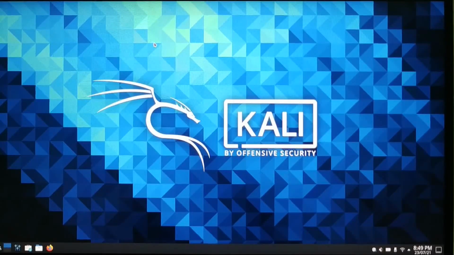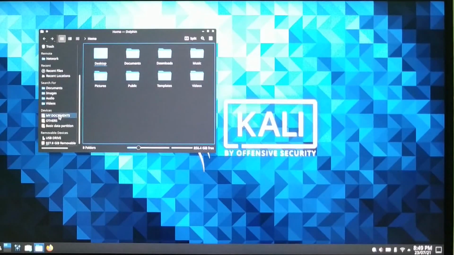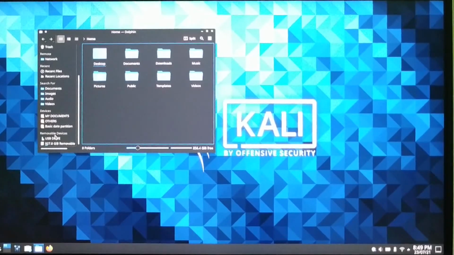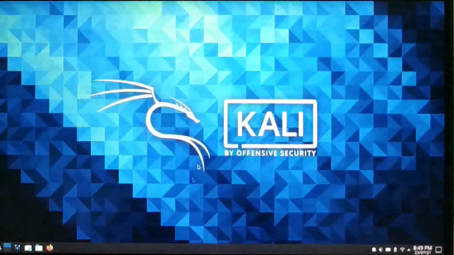Now here you can see that my trackpad is also working. Now we go to File Explorer, and then in this panel in removable devices you can see that I have the USB drive which has the bootloader still plugged in, but you need not keep it plugged in, so I will just plug it out. You can see it is no more, but the operating system is there. So this is just the bootloader. If you plug it out, it doesn't matter at all.